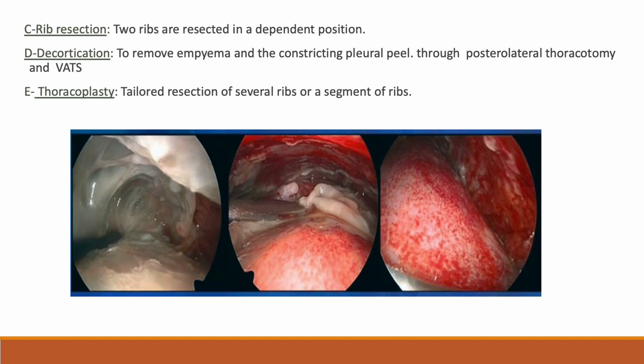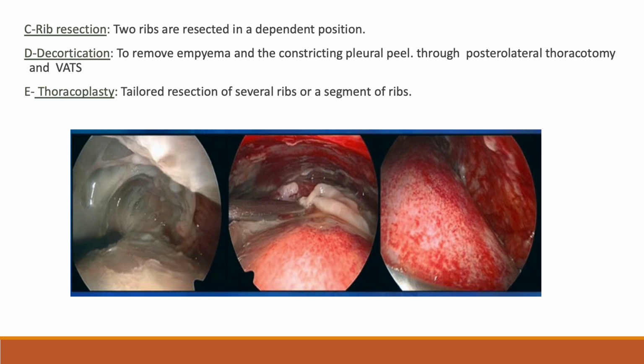If you refer to the MIST 1 and MIST 2 trials, you can find the results for the use of DNase and alteplase, which are agents that help to lyse or break down the adhesions, but these are reserved for early stages, like the fibrinopurulent stage, with some sort of success. In patients who have a chronic space where the lung is totally trapped, we can do thoracoplasty. Thoracoplasty is a sort of palliative treatment, trying to create a space and allow drainage